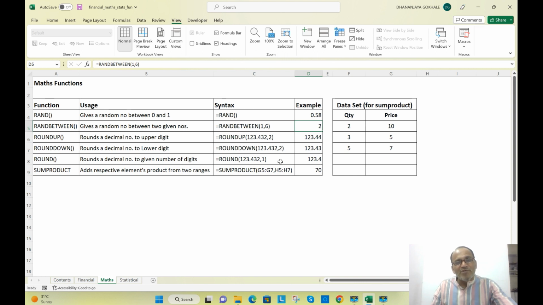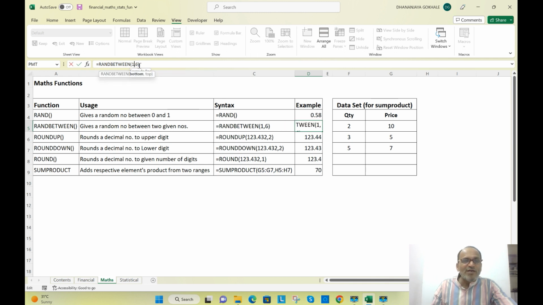Like in a game, if you are shooting someone, that person whom you want to shoot should appear randomly anywhere on the screen and you should be able to shoot him. So how does he come randomly at some place? You have to give x and y coordinates which should come randomly. The programmer also doesn't know, the system generates a random number. And likewise, we have a RAND function which generates a random number between 0 and 1, and RANDBETWEEN function,